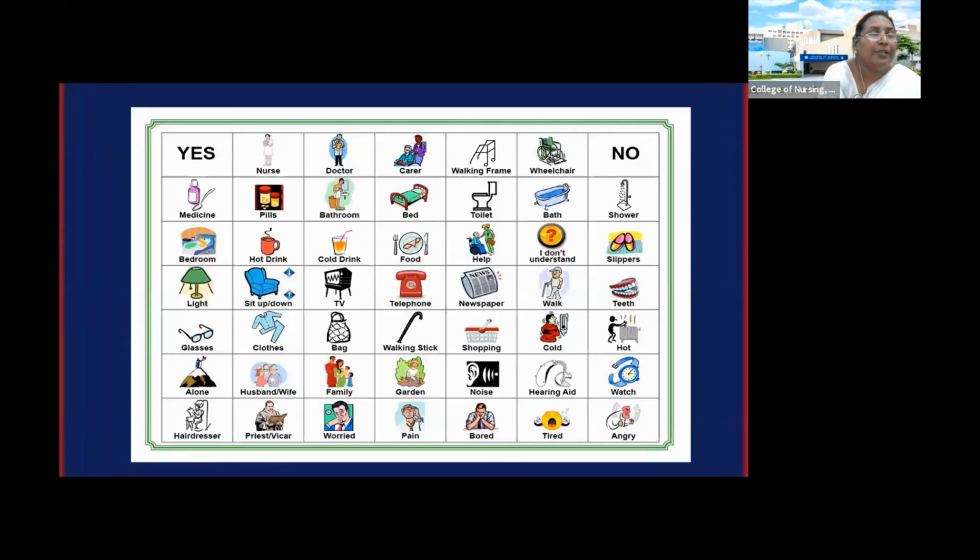But this is a picture. For patients who cannot communicate, you can have a communication board or picture board like this. You can show them, and if they want a hot drink or cold drink, they can point out and say, I want this, I want that, I feel cold, I want to go to the restroom, things like that. So this will really help. We have it in our department, and sometimes it's very, very helpful to communicate with patients.